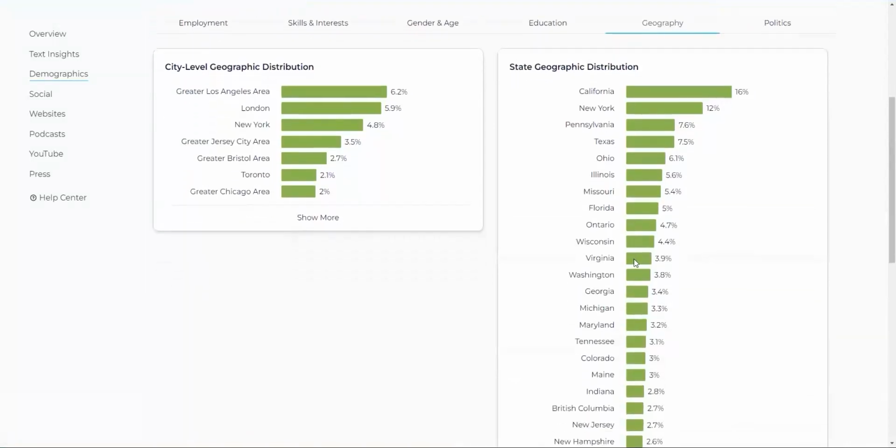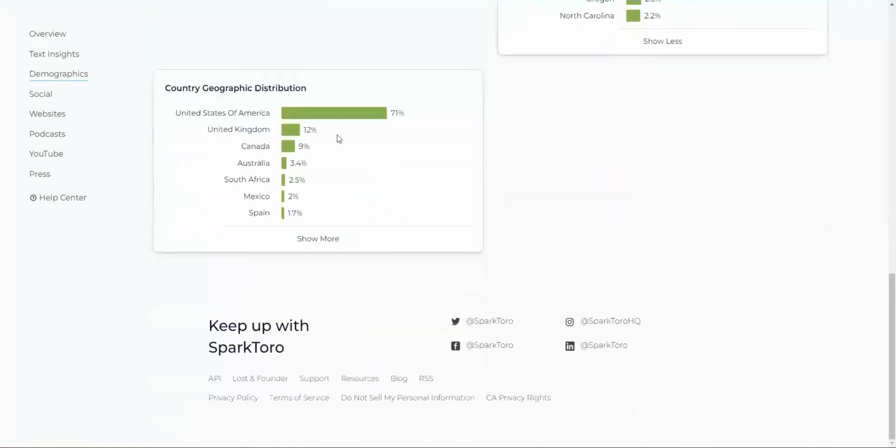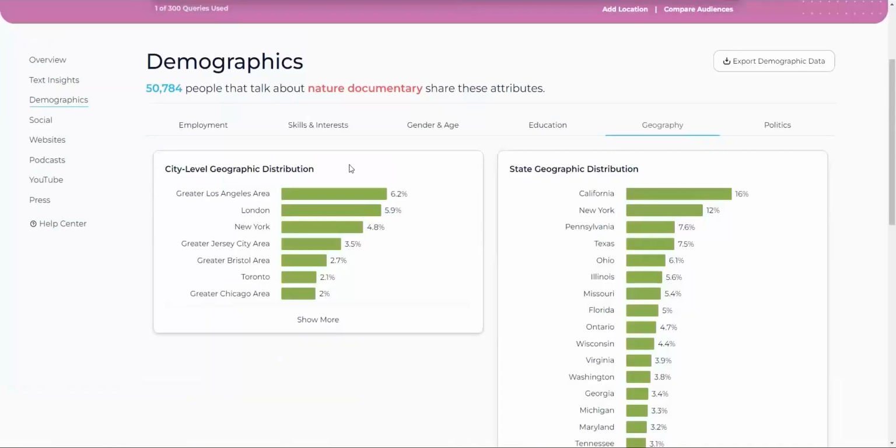There is more data also. We see Ontario here, so Canada is kind of interesting to us, but it's at 4.7%. And by country, there's obviously a big majority of people in the US, the United Kingdom, and then Canada, Australia, and the rest. If you are reaching out to certain film festivals, it's important for you to keep in mind